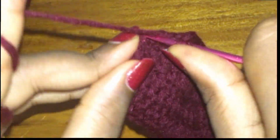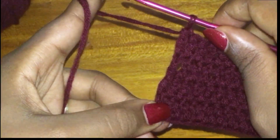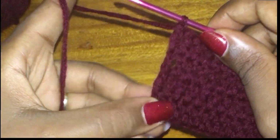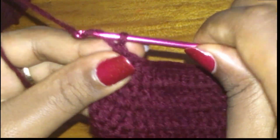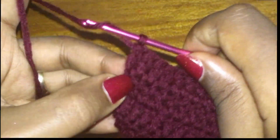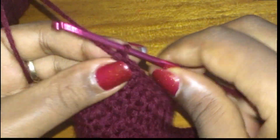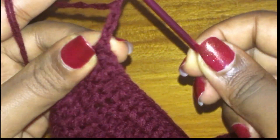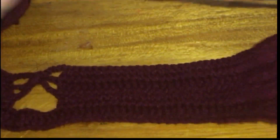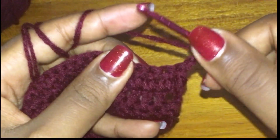Don't forget to place a double crochet in that very last stitch so that you can have this edge straight. So this is 1 2 3 4 for our 5th row. We're going to start decreasing, and to do that you're going to start with a chain 3 and turn your work, and you're going to yarn over and